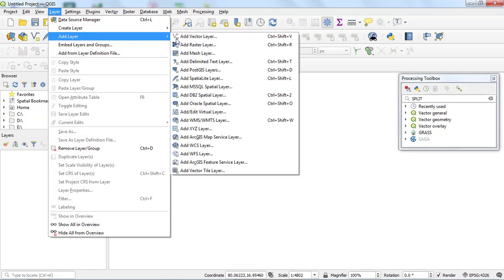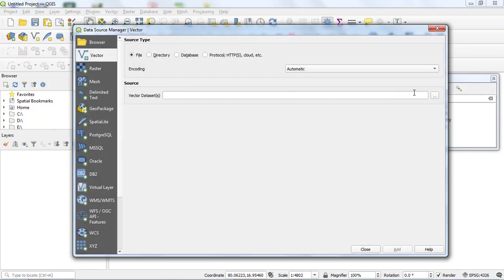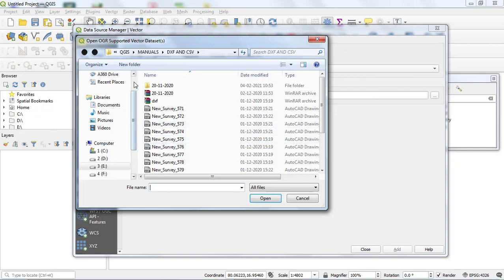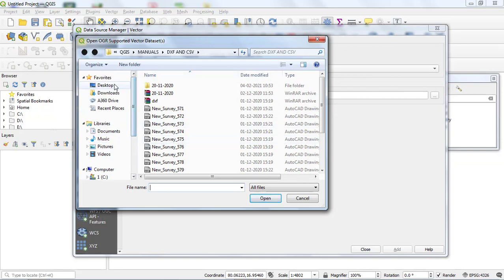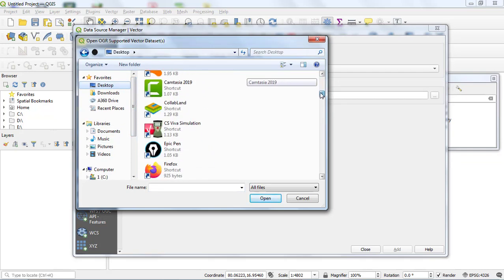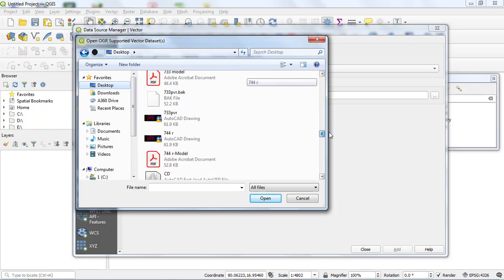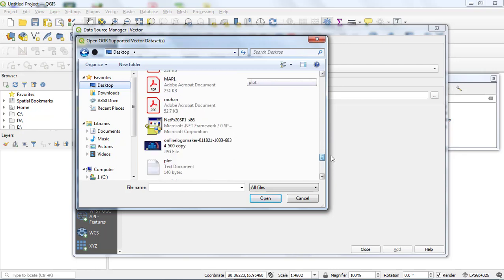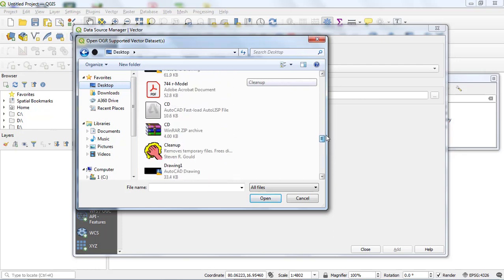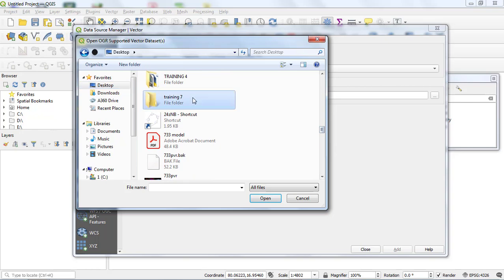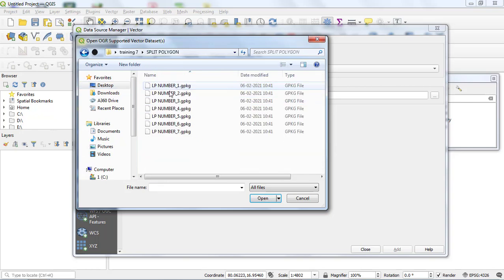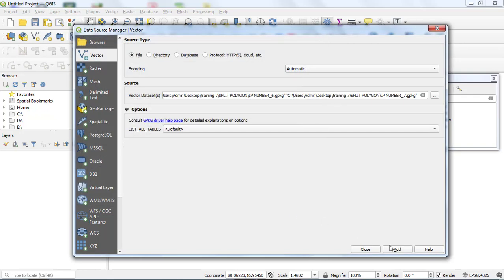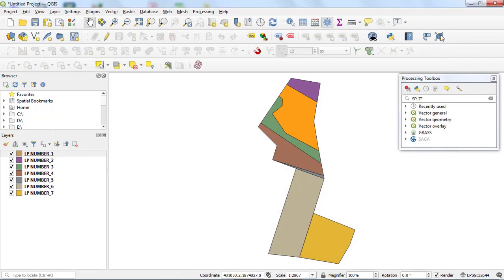So add layer, add vector layer, and now click on 3 dots, and now select this training 7 folder, click on add, and just click on close.